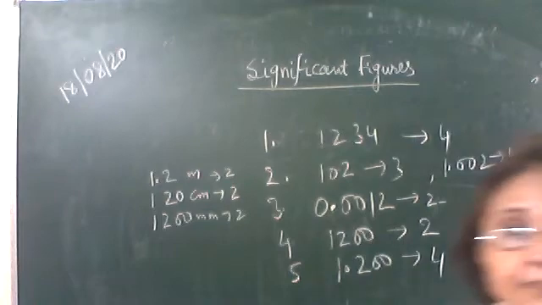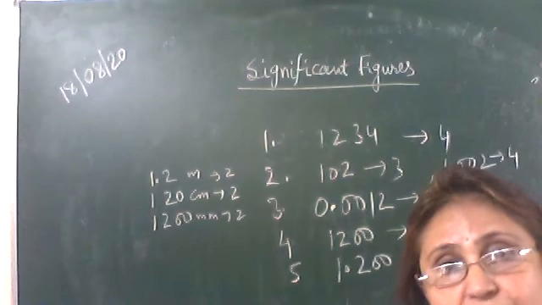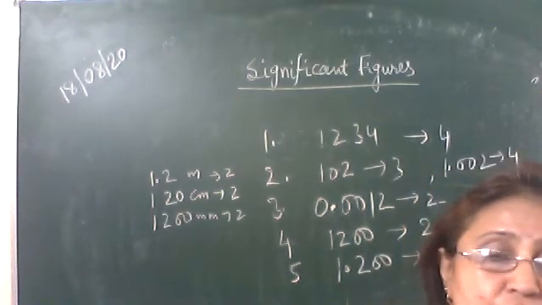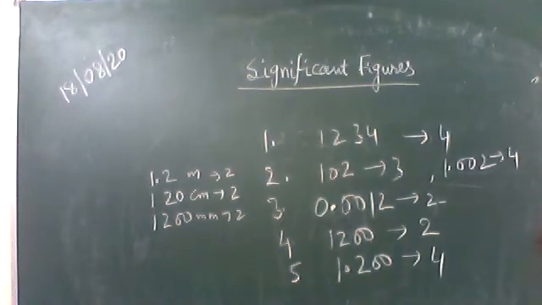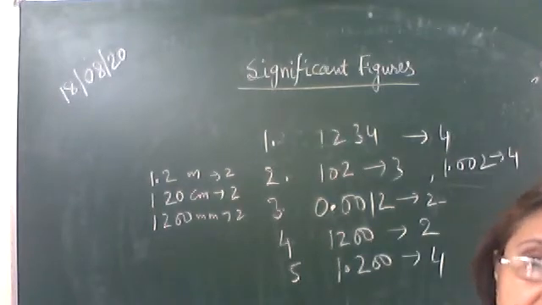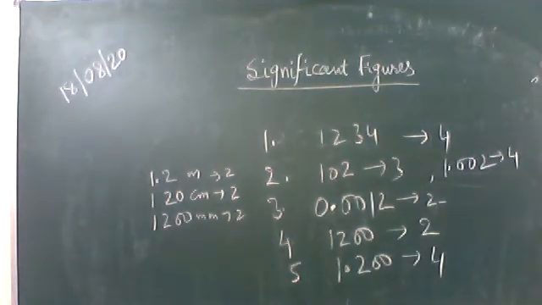Next, now we'll study the addition, subtraction, multiplication and division in proper significant figures. Before that, we have to study rounding of any result. We have to round off the result, and for rounding off, again, there are some rules. First let's study the rules to round off any measured value in the proper significant figures.